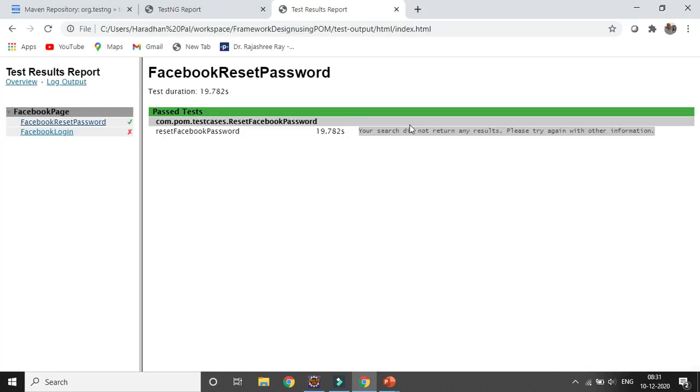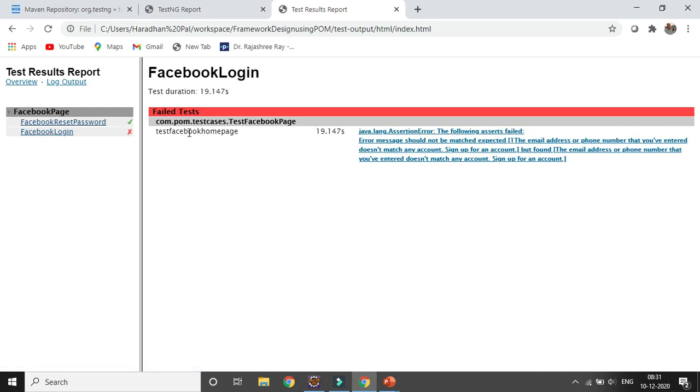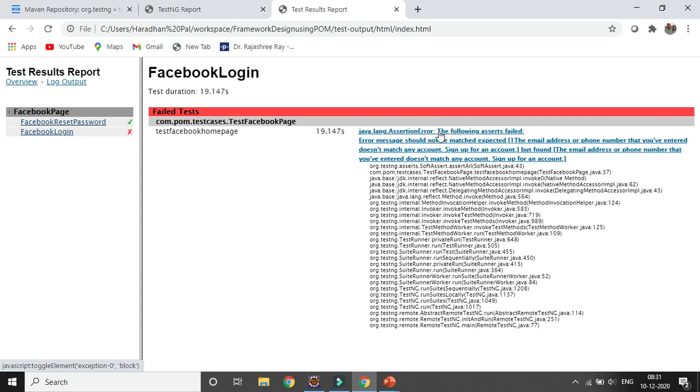So here you can get the message details, and this is the method name and the package.class name. If you go for the failed test case, you can see the details of the error message coming, showing why it is getting failed. Now if you click here, you can see the details of the log.